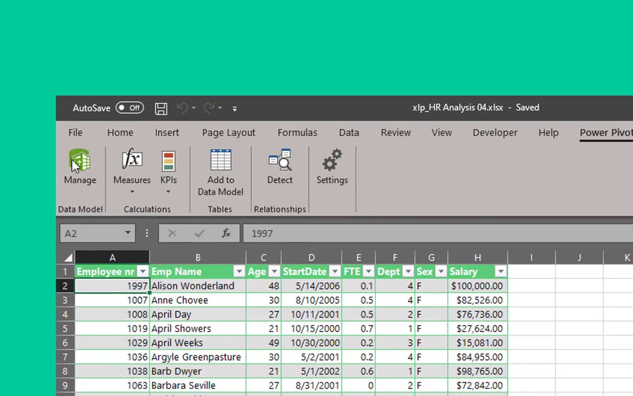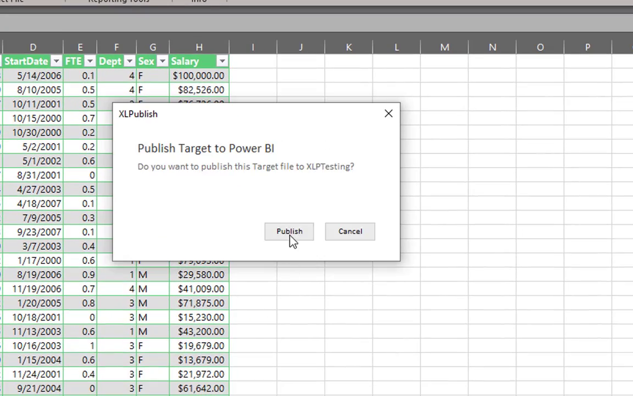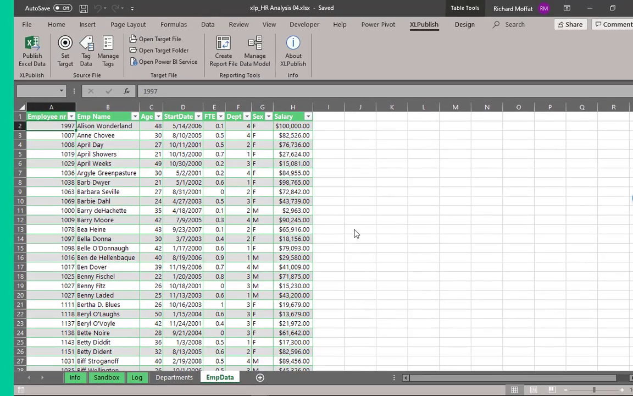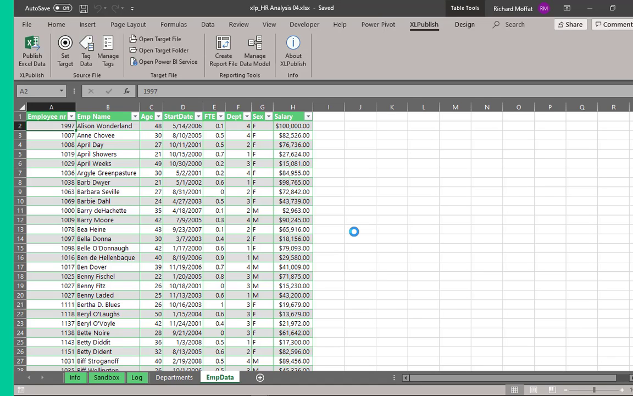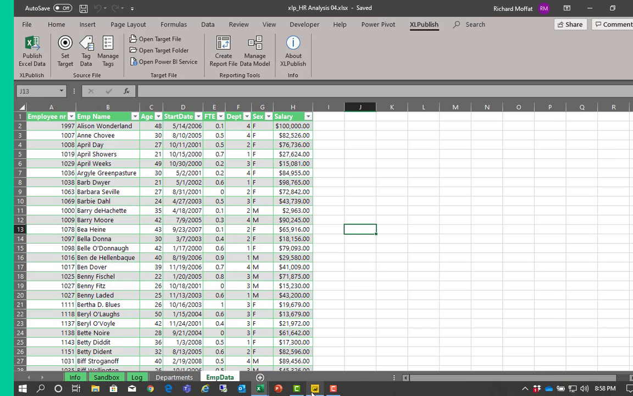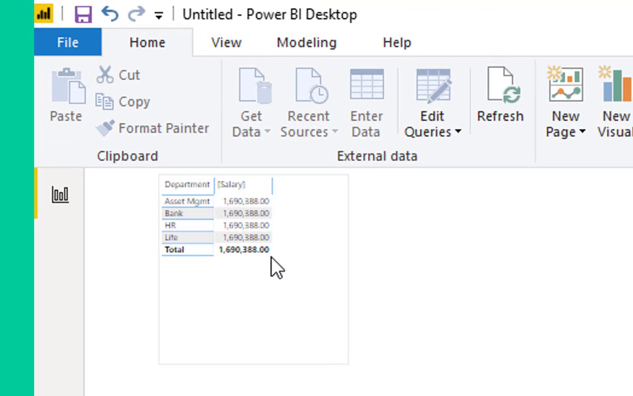So if I go to Excel Publish and I publish this again, and you notice I'm publishing it from within the target file, it doesn't take very long, because all it has to do is push the target file to Power BI. It doesn't have to do any running around as when you do it from the source file. So now that it's done, I can go to Power BI Desktop, and here is my